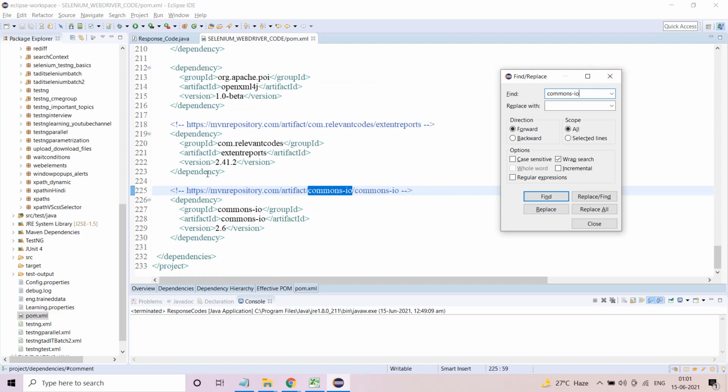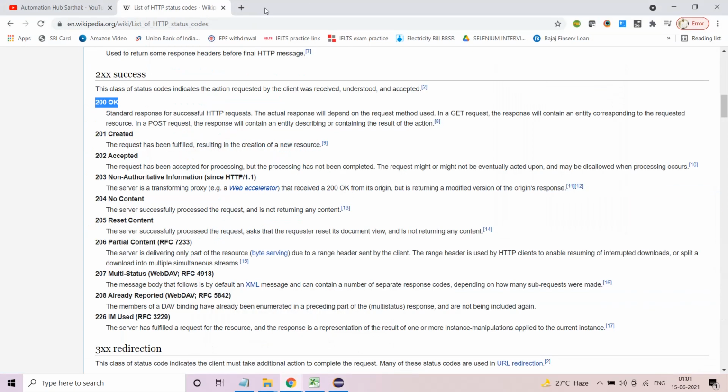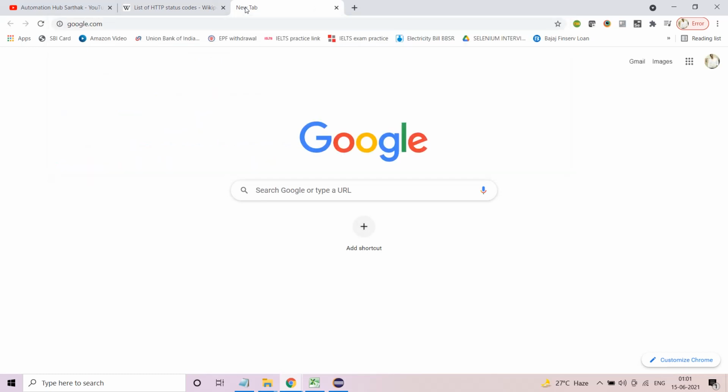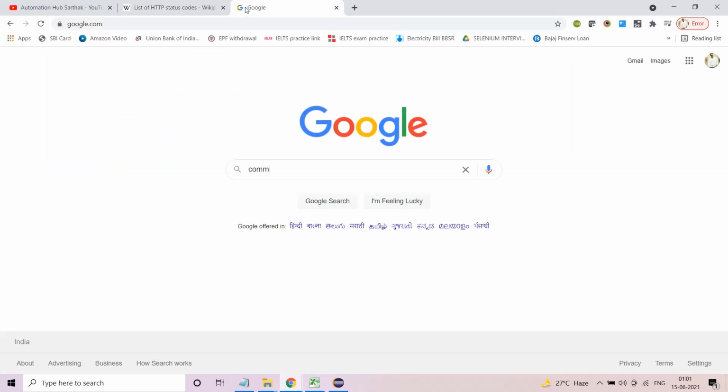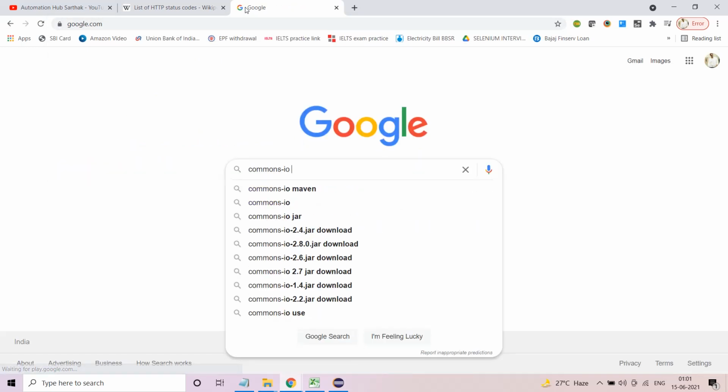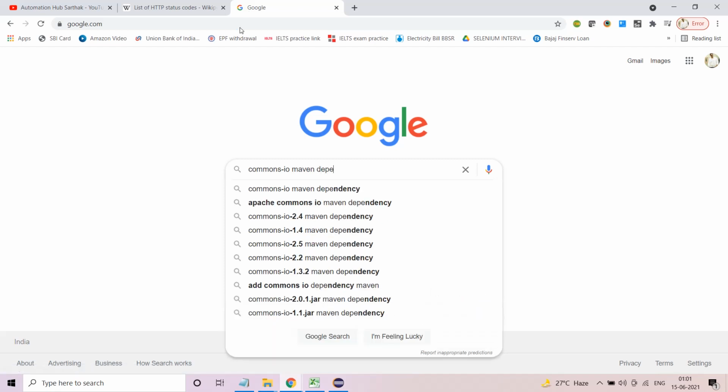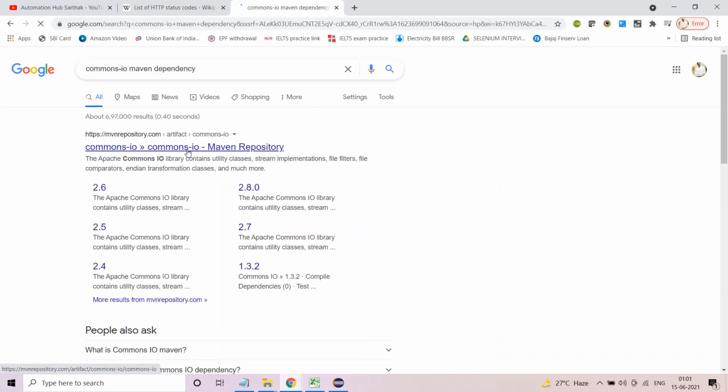This one should be there in your dependency section. You can go to Google and type commons-io Maven dependency. You will get this, just go over there.